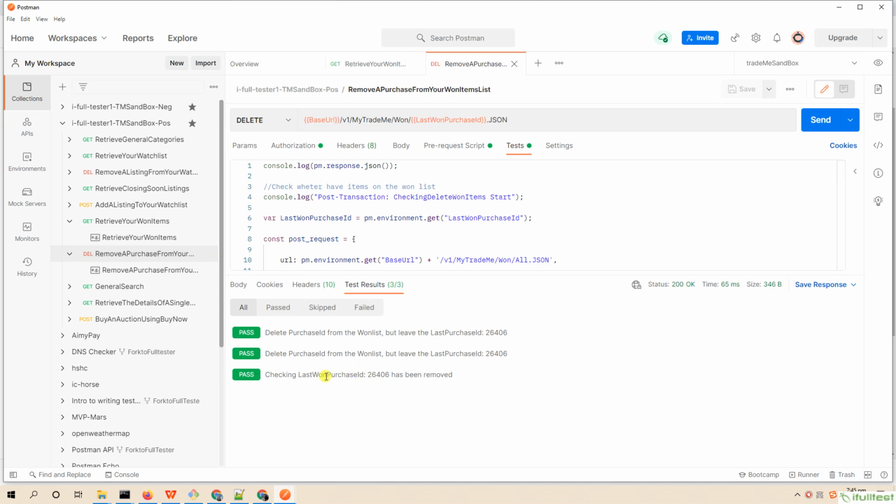See, we have 2 assertions. One is from the pre-request script to circulate all but the last items on the one items list and remove them. Another is from the post request to check whether there are still items existing on the one items list. Getting the whole testing process from the console log will be more detailed and easy to understand.